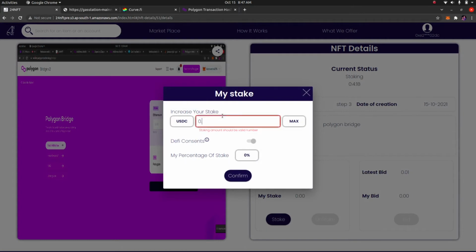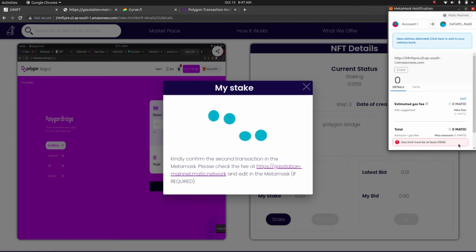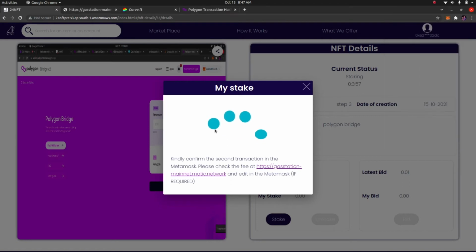Let me stake again. Now let me just reload this one so all the values are updated. Okay, so let us put the stake as 0.01. Let me just go without DeFi and confirm this really quickly. So that's all, I think. So that covers the staking step, how to stake and how to unstake during the staking step, and let's move on